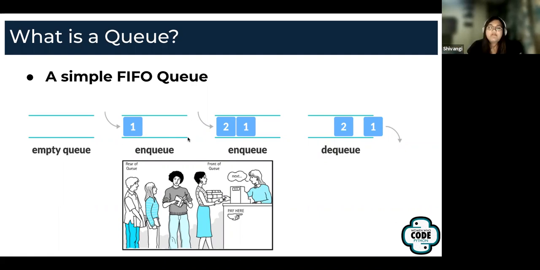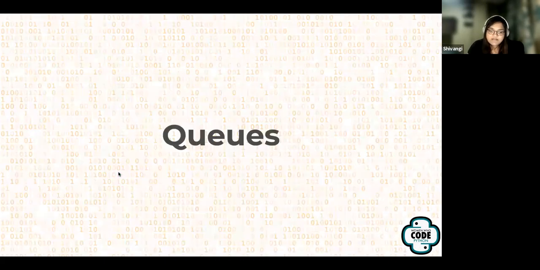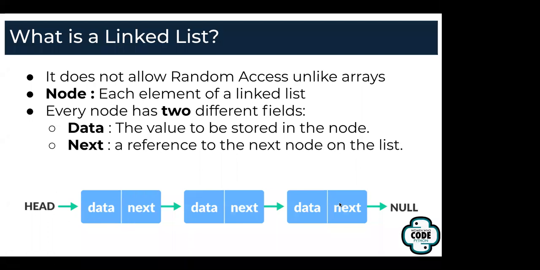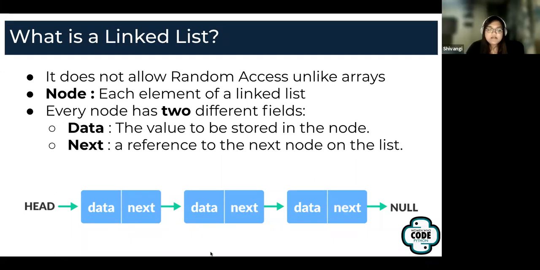What would I have to do? I would probably do a for loop till I find the end of the array. Or array is a bad example. Let's just go to linked list. Imagine this: a queue can also be represented as a linked list. So this is the front of the queue, and this will become the rear of the queue. And you have data, and this is next. It points to the next node.